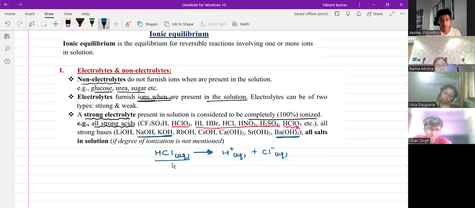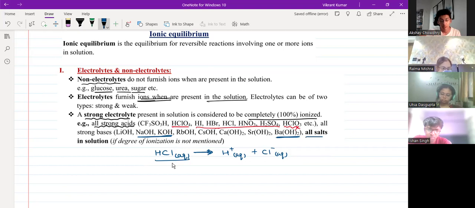These are, देखो पहले 5 जो दिख रहा है वो ग्रुप 1 के दिख रहे हैं ना. Periodic table में ग्रुप 1 के hydroxides are strong bases. ग्रुप 2 में normally we consider calcium hydroxide के नीचे, like calcium, strontium and barium hydroxides को we are considering strong bases. Now what about the salts?